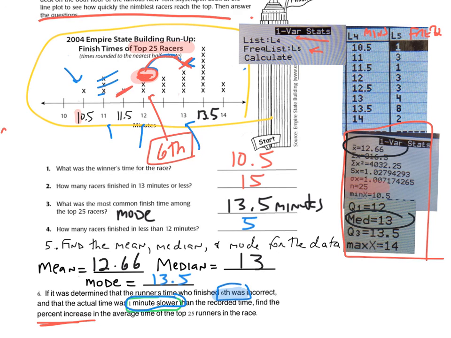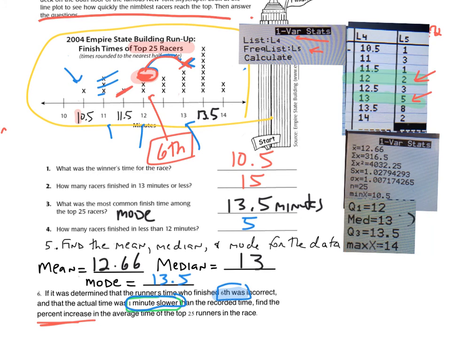So what I need to do is change my frequency of the 12 to 2 and the frequency of the 13 to 5. So change the frequency of the 12 to 2, change the frequency of the 13 to 5, rerun your one variable stat test,